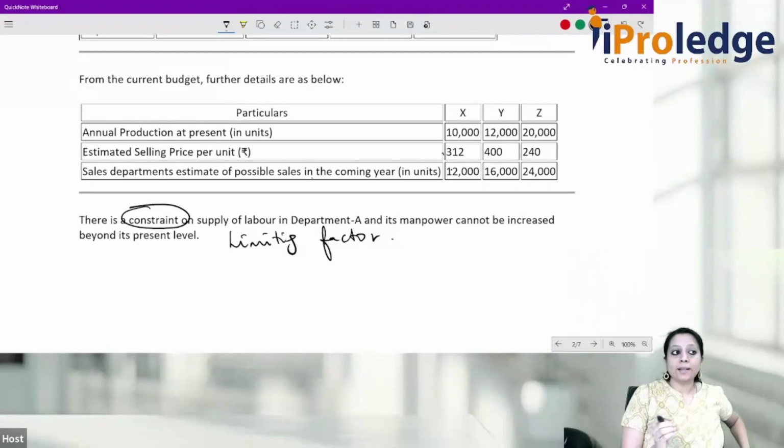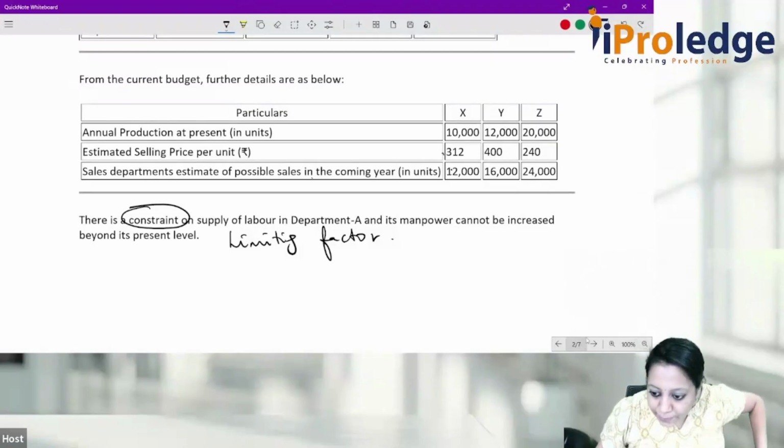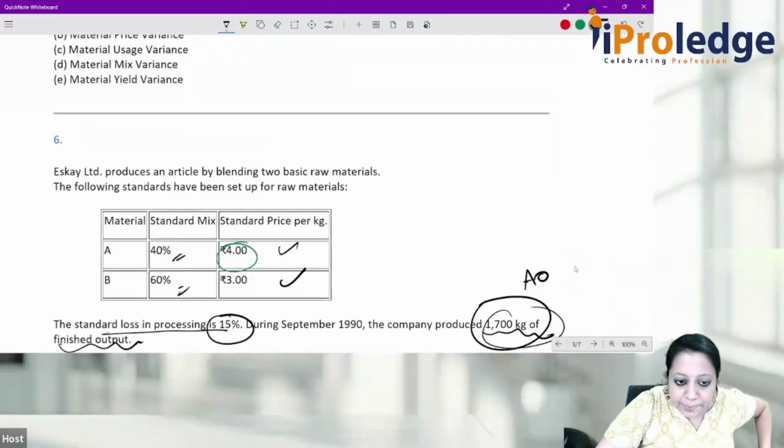So we are prioritizing which to do. That is what we will do, ranking. Here ranking we are doing based on time. In this problem, we'll do ranking based on contribution per limiting factor. That's all here. Okay. So now here we will do